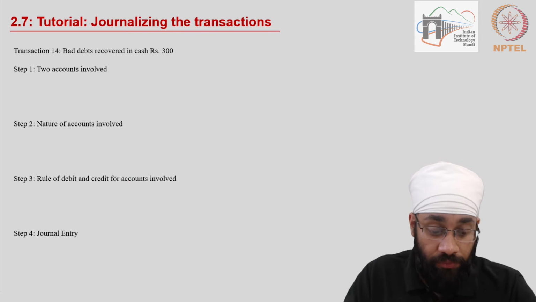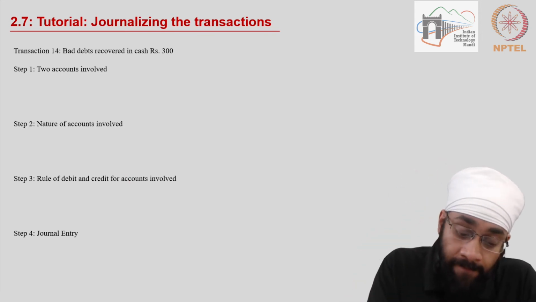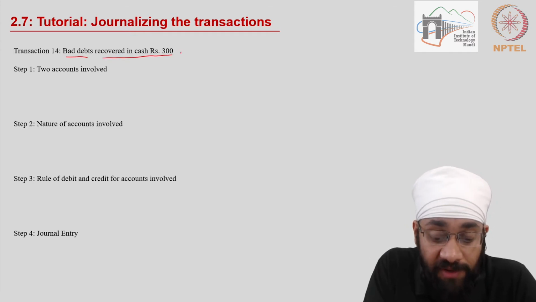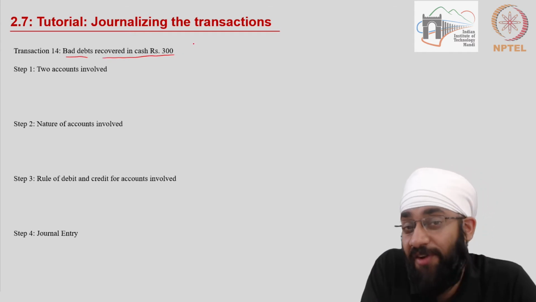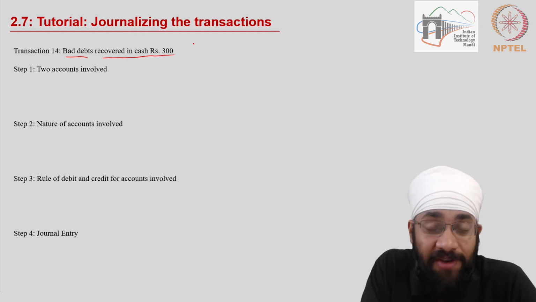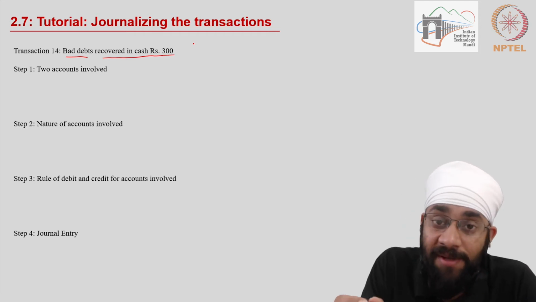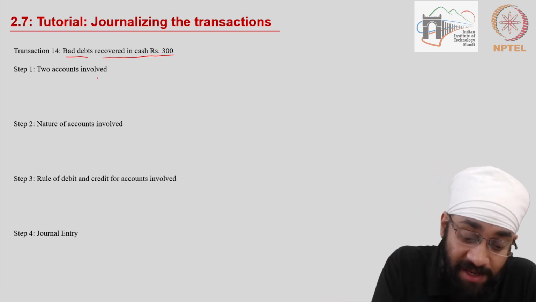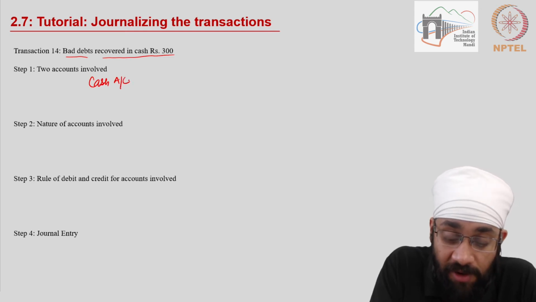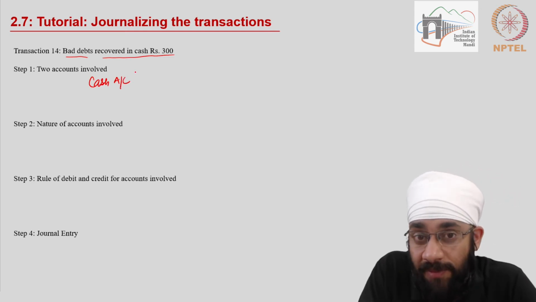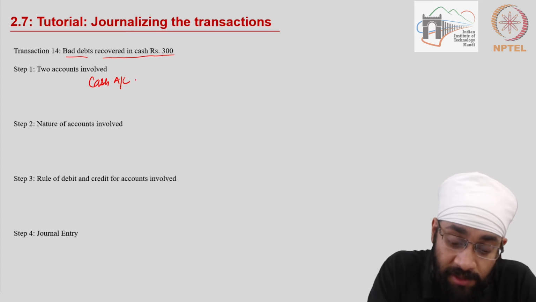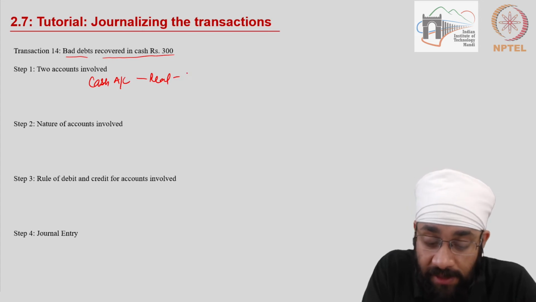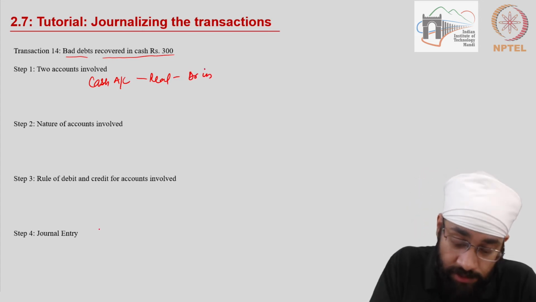All right, let's move to transaction 14. Suddenly what has happened is bad debts have been recovered. You earlier wrote off the bad debts, but suddenly the customer comes up and says, hey, I made some money and I can pay you 300. Do you want to take the money? Of course you want to take the money. So cash account is involved because you receive cash from the customer. Cash account is a real account, an asset coming in. Debit what comes in. So cash account